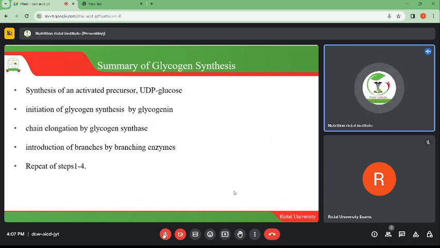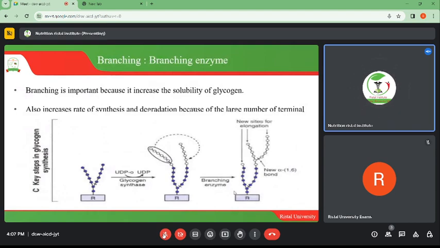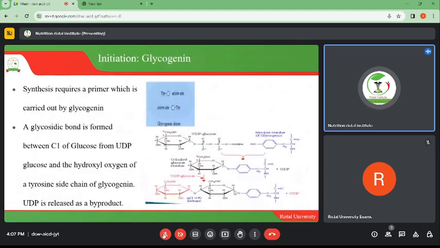After forming the first glycogen molecules, let me first take you back into this structure. Right here, what you're seeing is the tyrosine. This is the glycogenin molecule, and this is an amino acid. Hopefully you're seeing my cursor. This here is the amino acid tyrosine, and on this point, the OH group can react with the hydrogen group